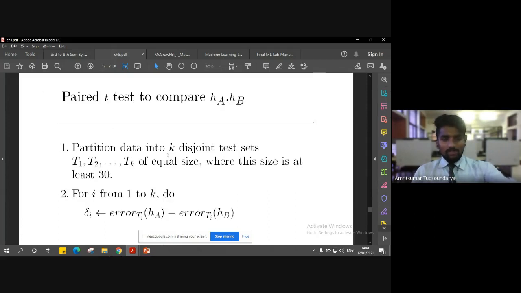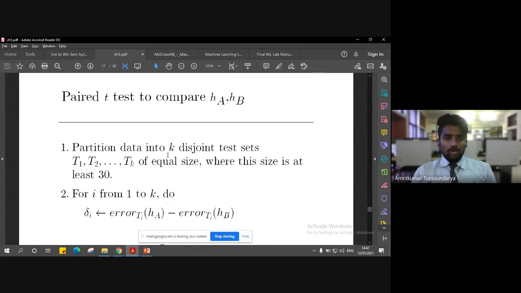We are going to use the paired test to compare HA and HB. Now, what do we mean by this paired test? A paired t-test is nothing but comparing both HA and HB in pairs.